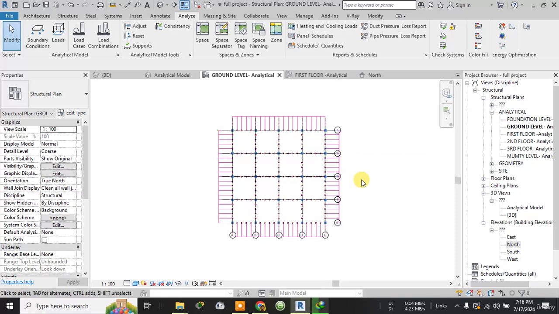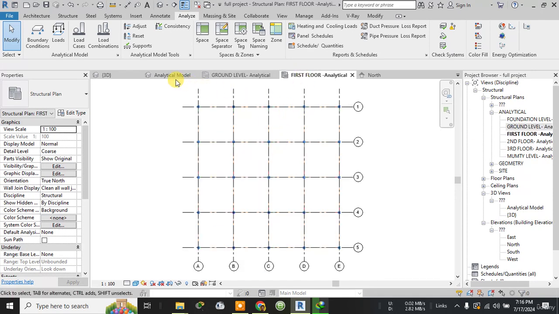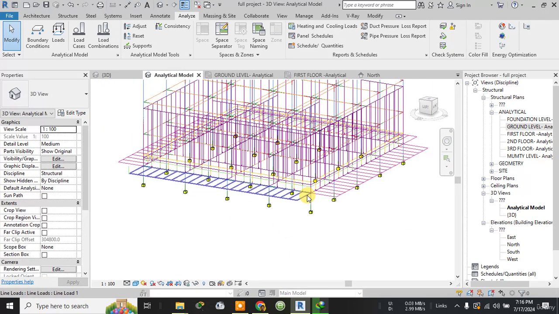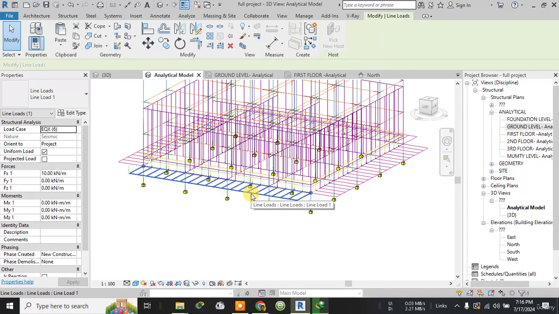But remember that in this building I have applied the loads only in the ground floor, but you need to apply them in all the floors. As I will show you in the analytical model in the 3D view, I have applied only in the ground floor. I need to apply all the loads in all floors. So in a similar manner you have to apply it. Okay,